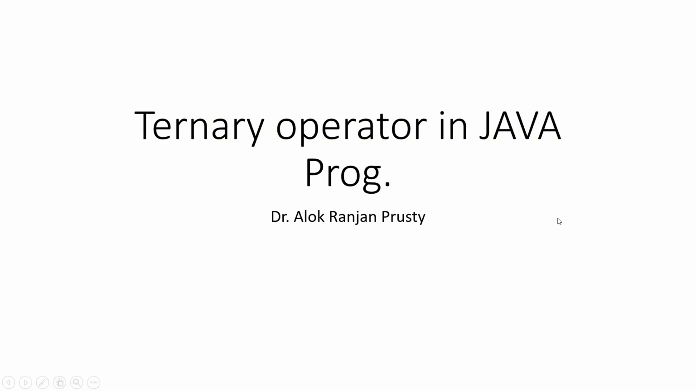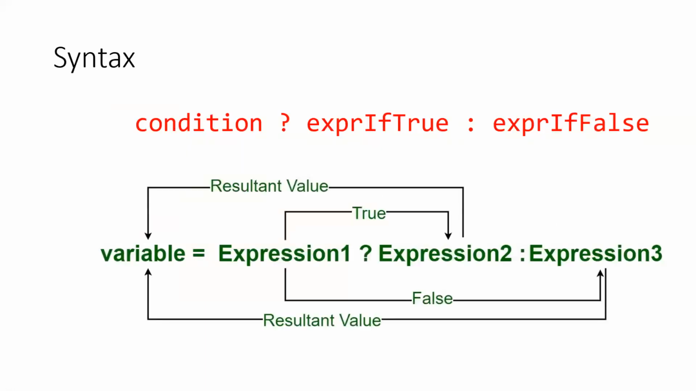Hello students, today we'll discuss the ternary operator in Java programming. So what do you mean by ternary operator? As the name says, ternary operator means where there are minimum 3 operands. Now, if we see the syntax of this ternary operator, we can find the first place of the operand having